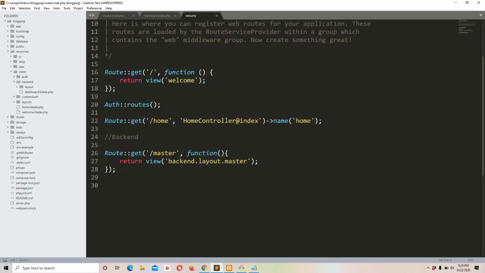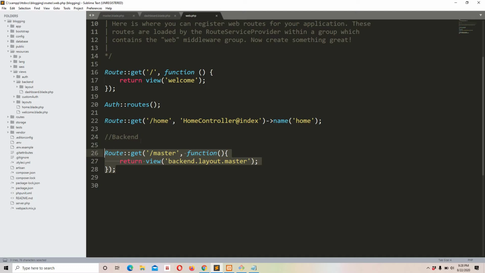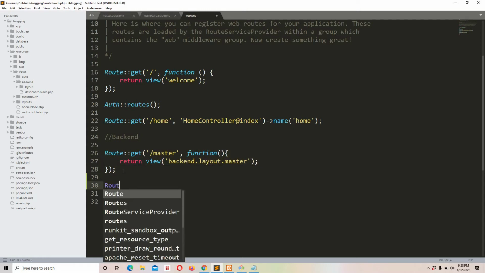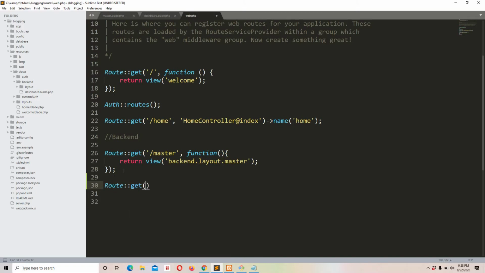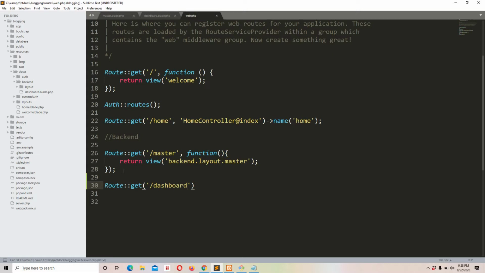Now here I'm going to create a new route. Remember that guys, these are just the configuration routes, and when we are going to implement our functionalities, we are going to return the views from the controller and not from here. Okay, just remember that these are just the configuration route to check everything. Okay, and this time it would be dashboard.